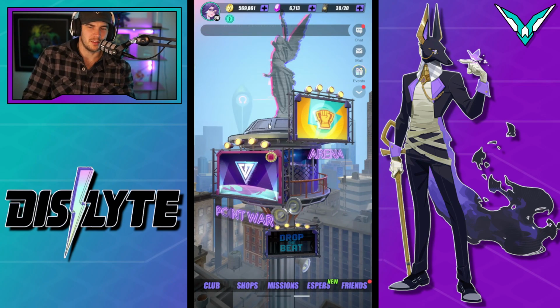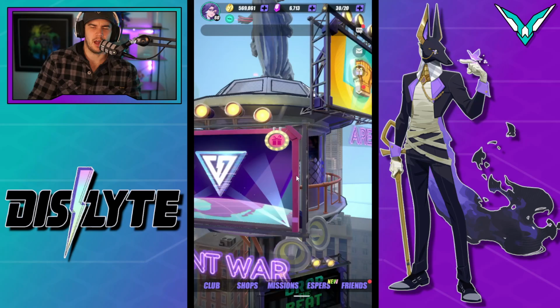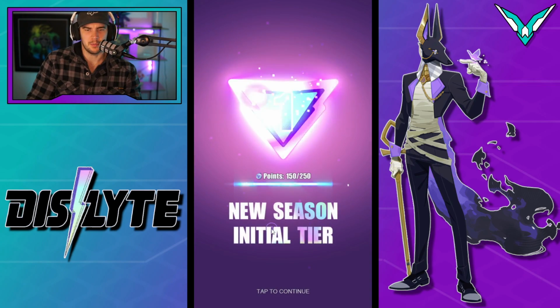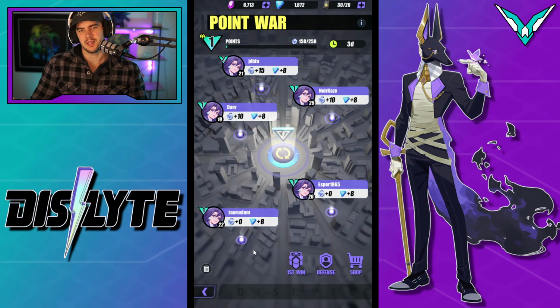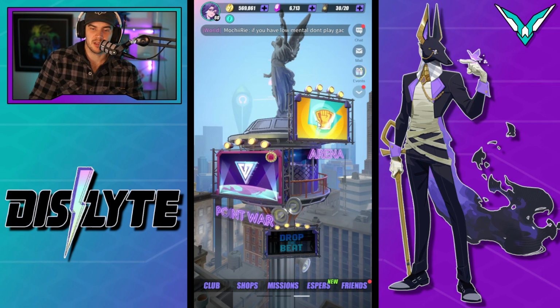So moving on to the last features that we do have in the game. We've got Point War, which is your standard arena format where you set your own defense and people attack your AI. You attack other people's AI and you climb a ladder. You get arena points and then you can pick stuff up from the shop. Very standard in every game. Now, the thing that I'm really excited for is that they do...